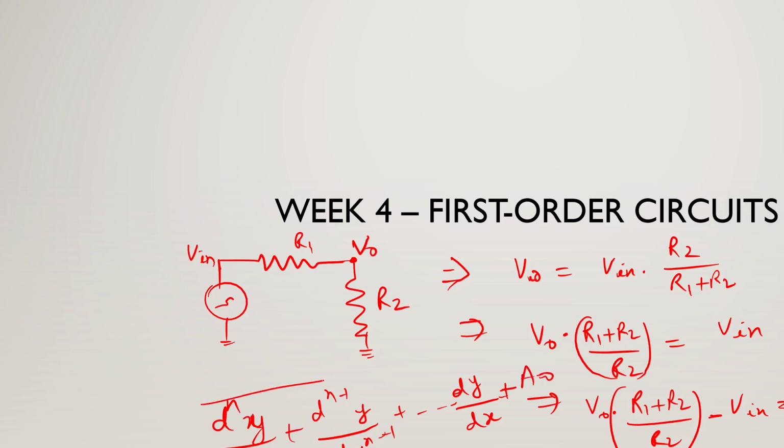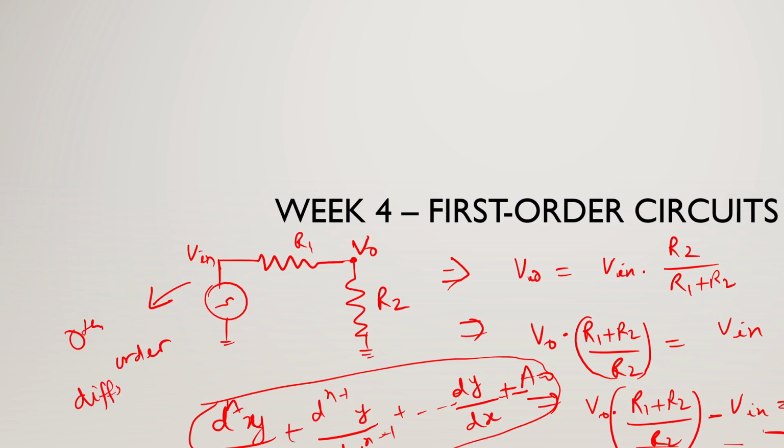So this is a general nth order differential equation. If in this case n is 0, then basically you will get some constant is equal to 0, which is what we are getting here. So this is a 0th order system. So this case here becomes a 0th order differential, sorry, 0th order